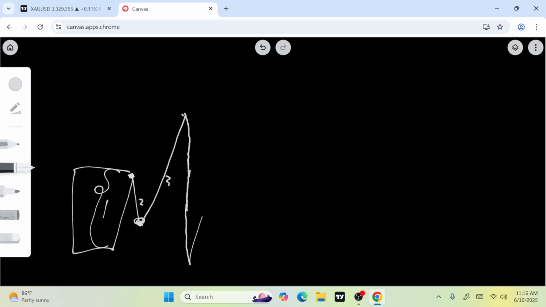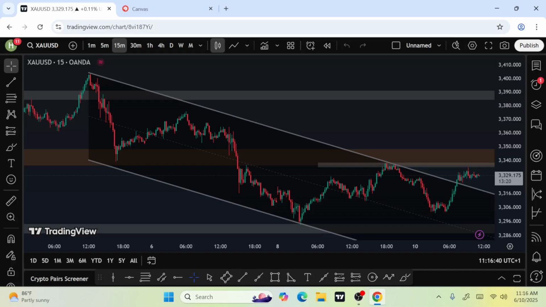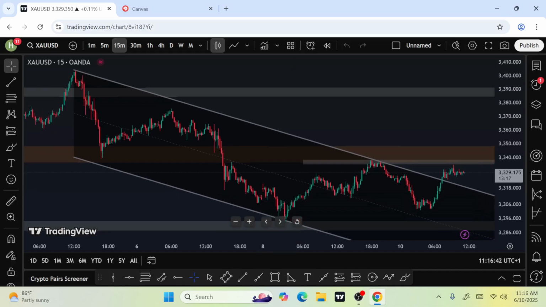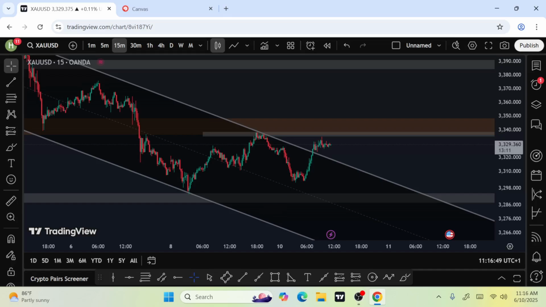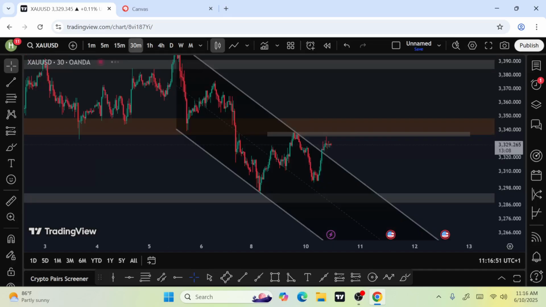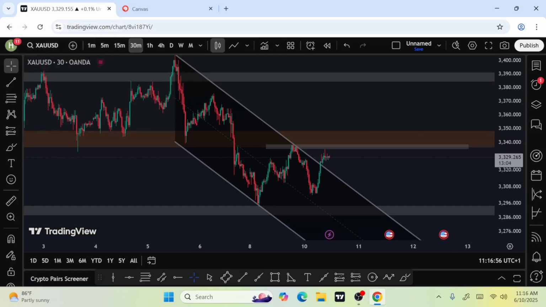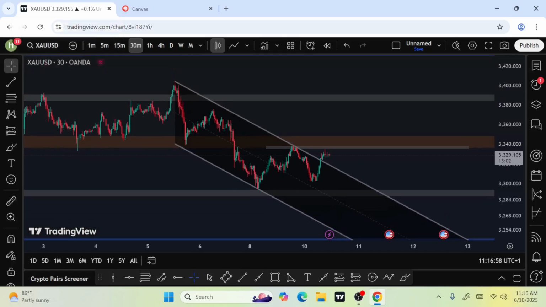And that was one of the things that made me call a buy yesterday, because I knew that the market would come all the way up to mitigate. Let me show you. Mitigate means to retest. Now, see this. I knew perfectly well that this market is on a downtrend. Is that not so?